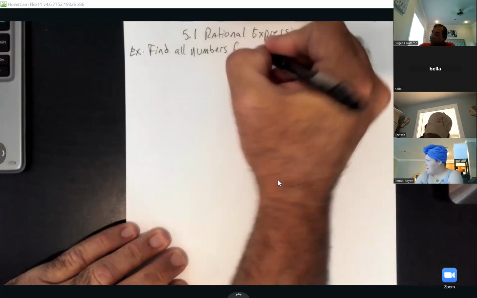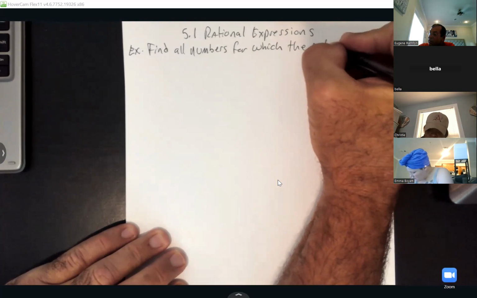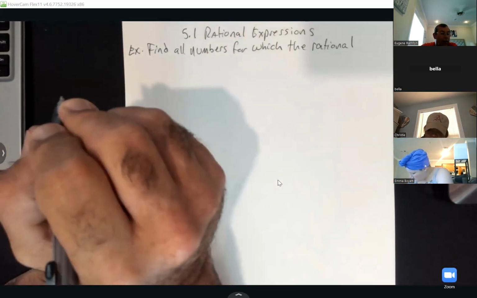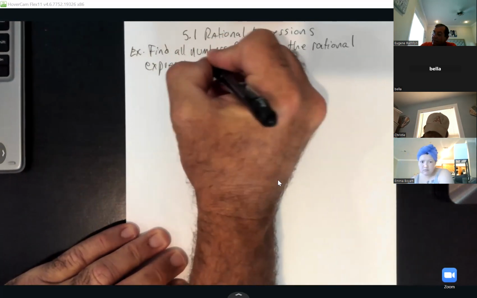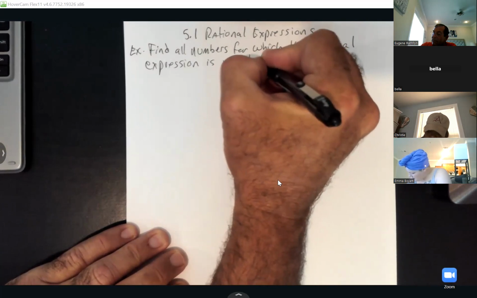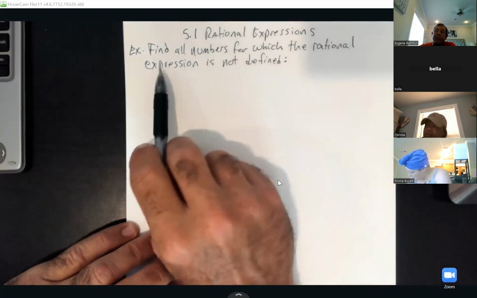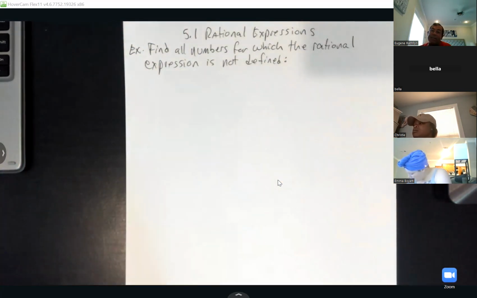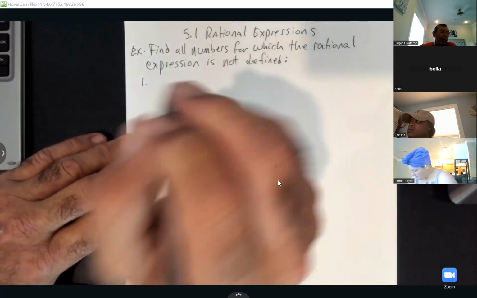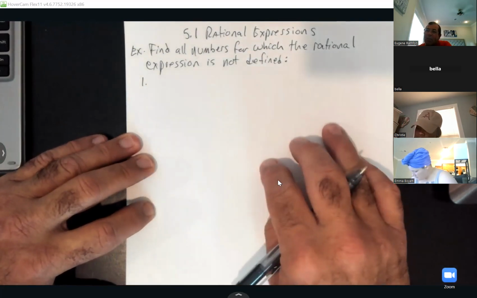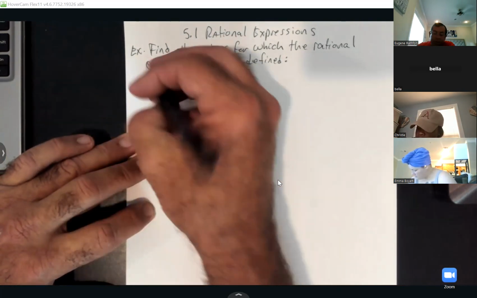for which the rational expression is not defined. And when you see a rational expression in math, a rational expression is basically a fraction, okay? Now they don't want me to find a domain. They just want me to find any numbers that'll make it undefined. So they're giving us